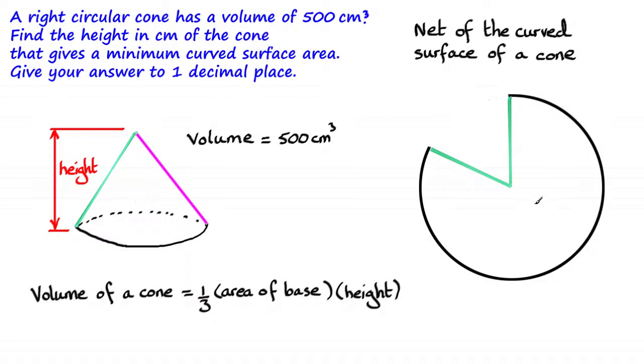Now, what I've drawn here is a little bit of a hint. The net of the curved surface of a cone, that's if you were to cut a circle out and take a sector out of it and join these two green bits together, you would form a cone. So that is kind of like that edge over there. You will need this formula: the volume of a cone is 1/3 the area of the base times the perpendicular height. And some other stuff. As I mentioned before, you're going to need to use the quotient rule and the chain rule. So it'd be good if you want to stretch yourself that you have a go at that, and put your answers up.